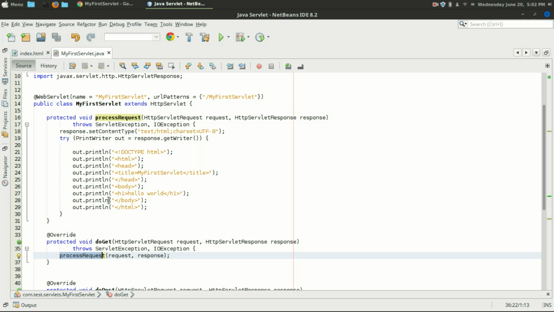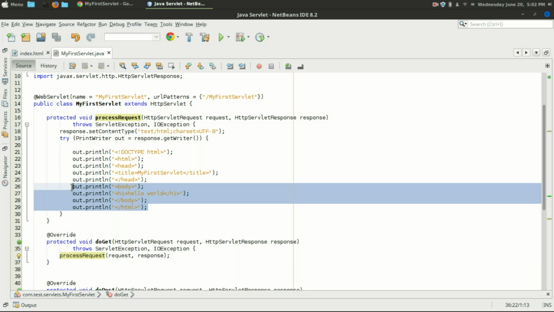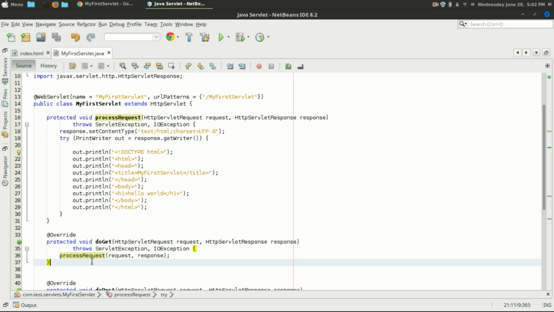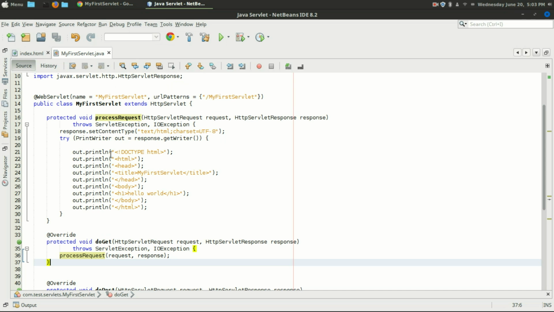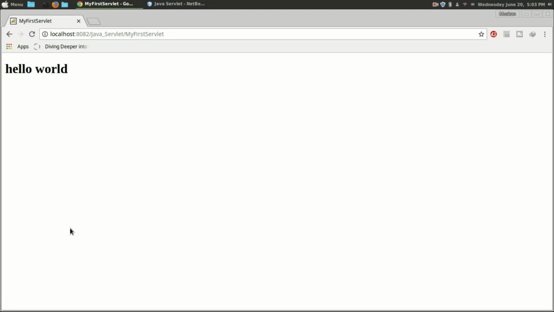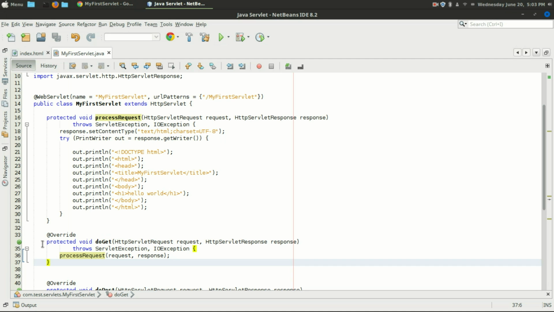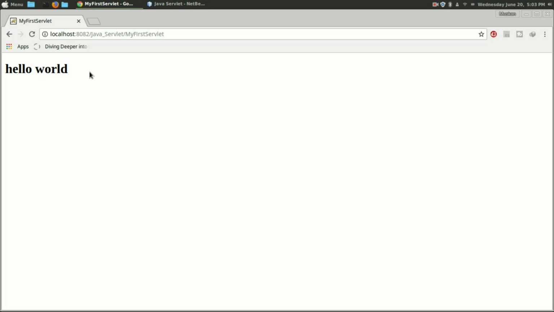This line of code is just simply saying that just copy all the content and paste it down here. That's it. And whenever I do a get request, let me go here, I have done a get request, and this is a get request. So whenever I hit enter, it will call this method doGet, and then inside that there is a processRequest being called, and that is being processed by the server,